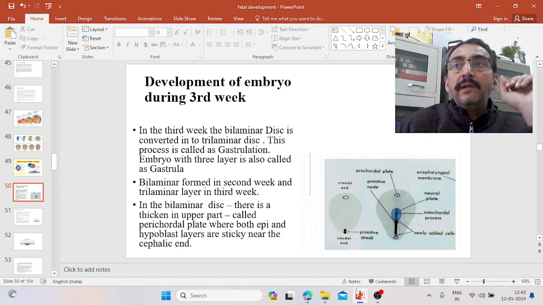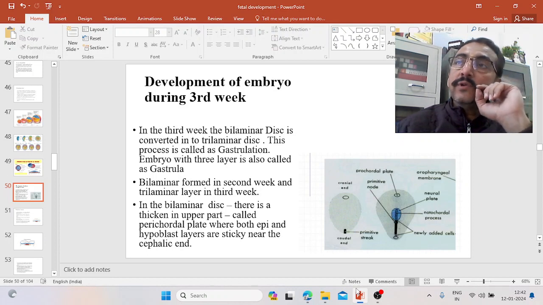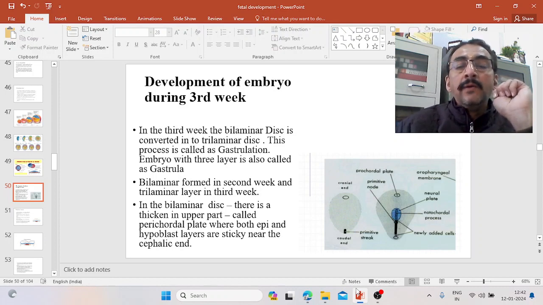So we are dealing with fetal development. 3-4 classes we have already completed. So today we will see development of the embryo during the third week. And in the third week, the very important event is formation of the trilaminar disc, or 3 layers. In the third week the bilaminar disc is converted into the trilaminar disc, and this process is called